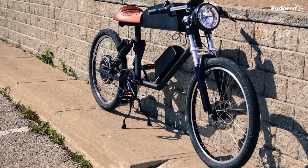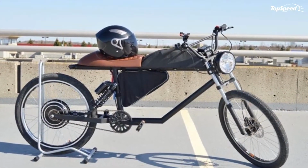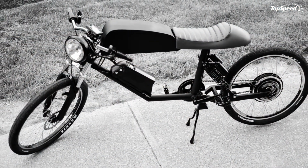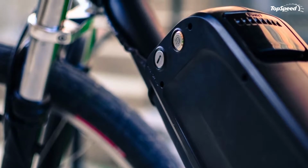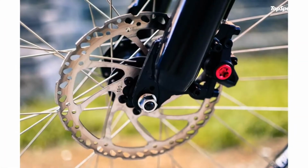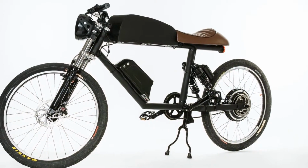Speaking of energy, the CR-T1 comes with Clark's M2 hydraulic disc brakes to ensure you have enough control to handle the 75-pound bike and up to 350 pounds of rider. Twin pot calipers bind the 180mm front and 160mm rear discs, and the rotors themselves come with a self-cleaning and